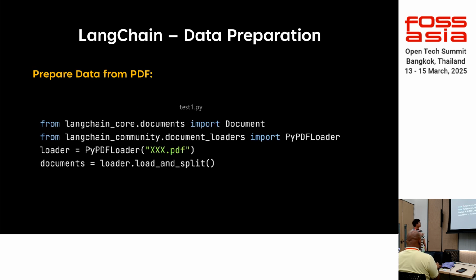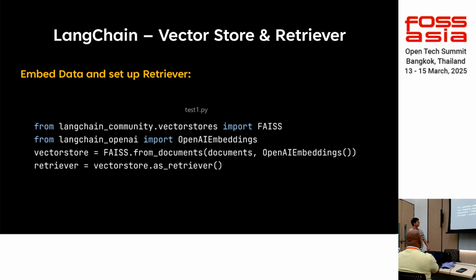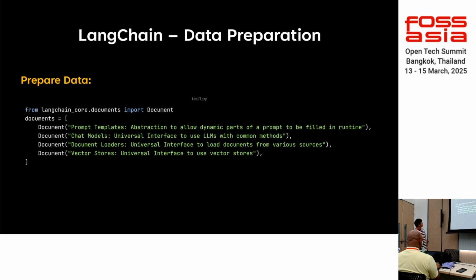Then if you want to load in your own data, you can just use this PyPDFLoader with the name of a PDF, and call the load and split method. It will also return to you a list of documents. Okay. Then we can embed this data by calling our vector store. Then we use the .from_documents method, with this list of documents over here,